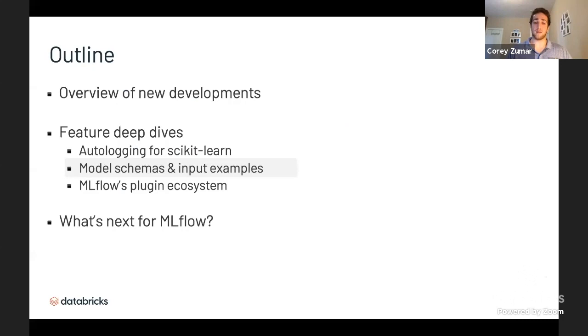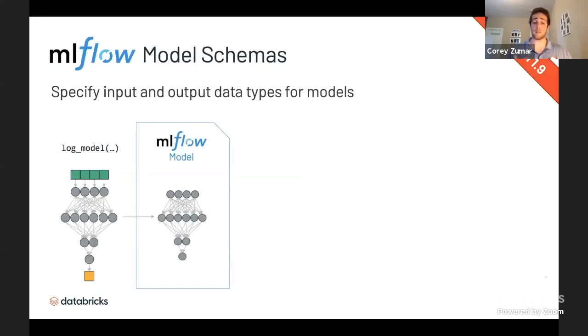Now let's talk about model schemas and input examples in the context of MLflow models. Historically, MLflow has always provided log model APIs, enabling you to save models from a variety of ML frameworks in a standardized format. This format contains a lot of rich, critical information, including a conda environment snapshot of the software dependencies used for training that model, the raw files and model graphs necessary to reload and perform inference or further training on the model, and a configuration file enabling you to interface with the model at varying levels of